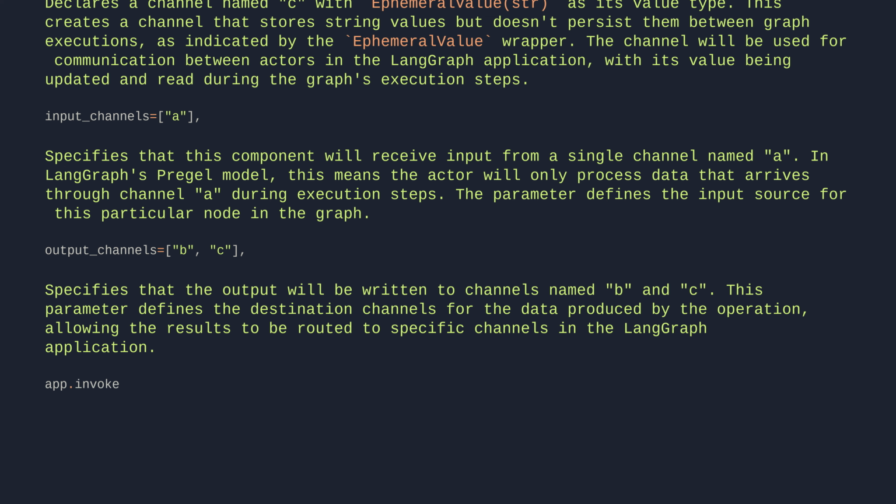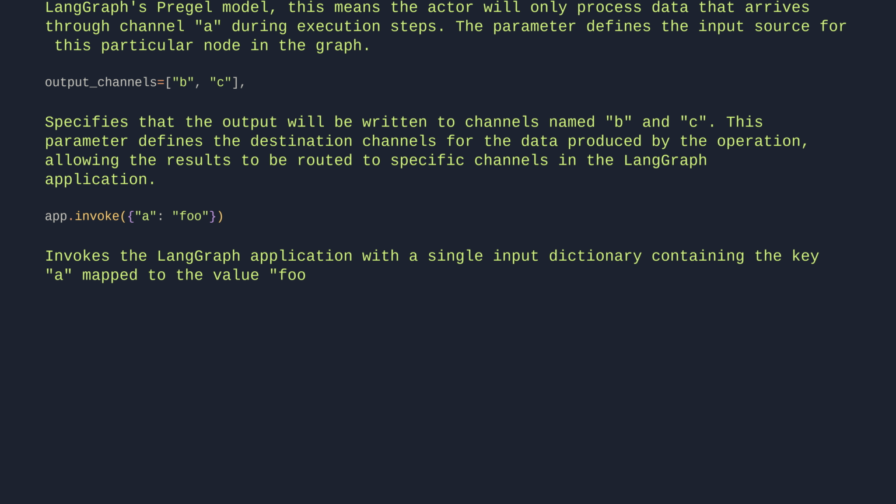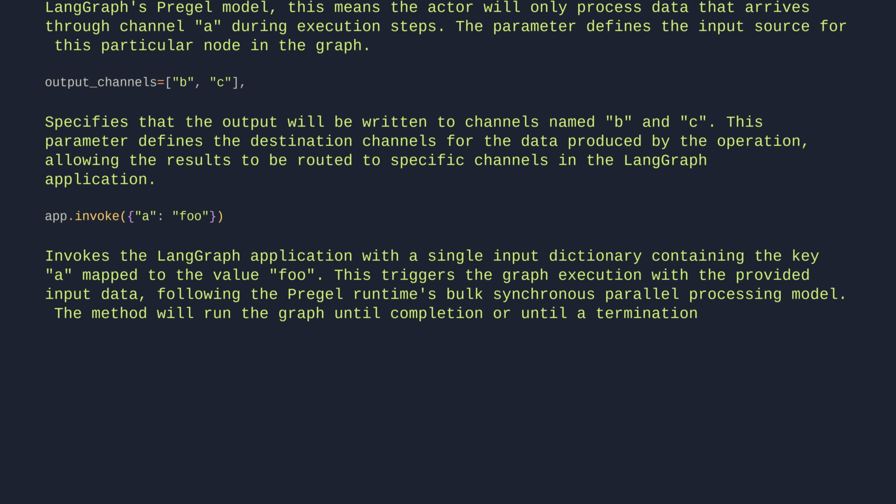App invoke A: foo. Invokes the LangGraph application with a single input dictionary containing the key A mapped to the value foo. This triggers the graph execution with the provided input data, following the Pregel runtime's Bulk Synchronous Parallel processing model. The method will run the graph until completion or until a termination condition is met, processing the input through the